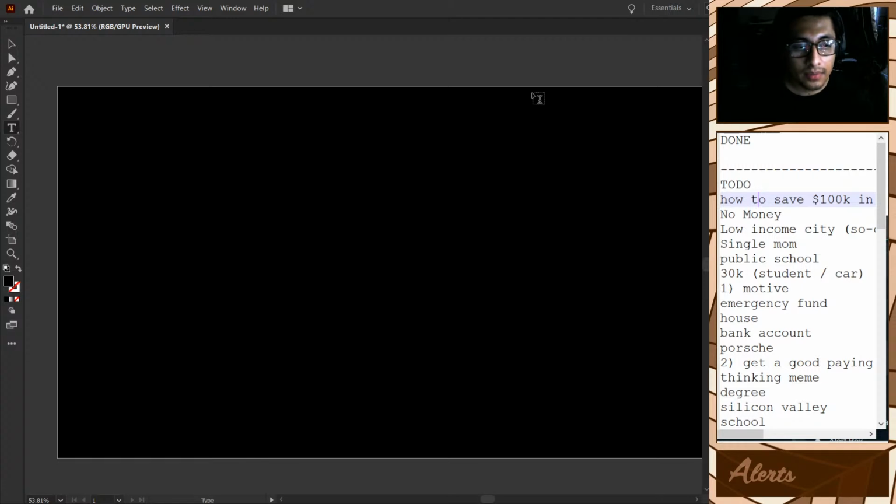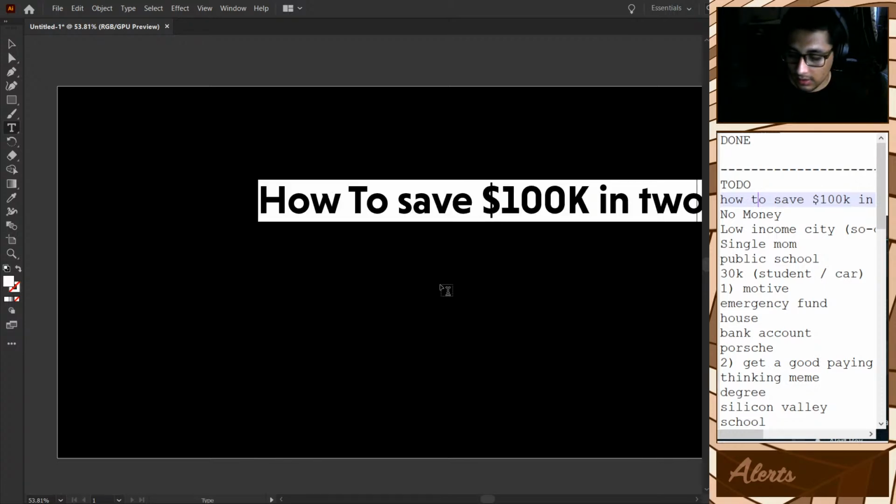And from here we get this. We do a white fill. We're gonna go to one that we use, Grotesque, I believe, and it is. This will go to like 120.